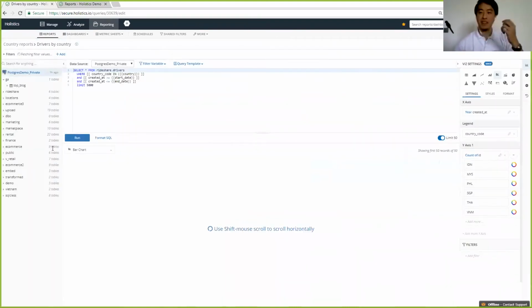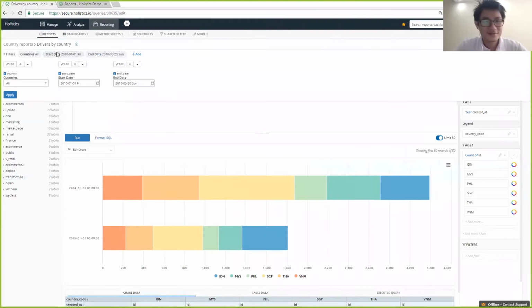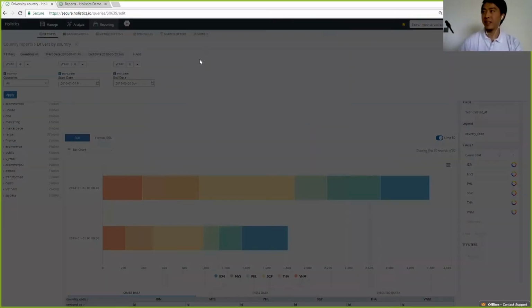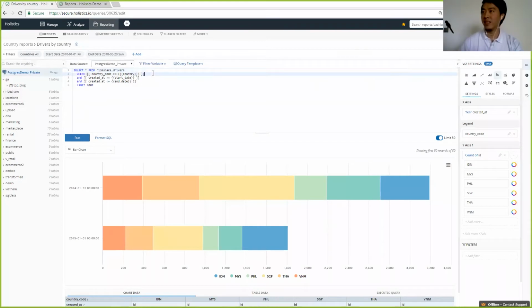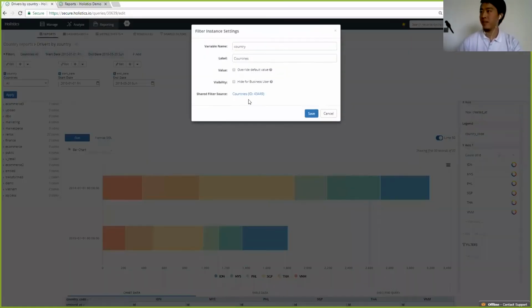So this actually comes back to what we call our secret sauce in Holistics, our filters. Over here, we have this filter, the country filter, in the dropdown, and it has this variable name, which actually goes inside the SQL query for your report. When it's inside double curly braces, you know that's the variable for the filter. And if we actually look at how this was set up,